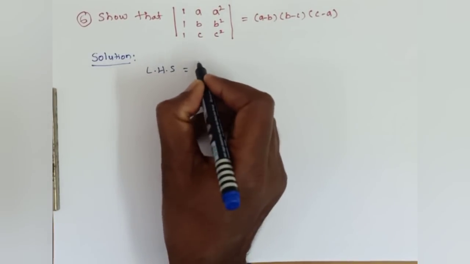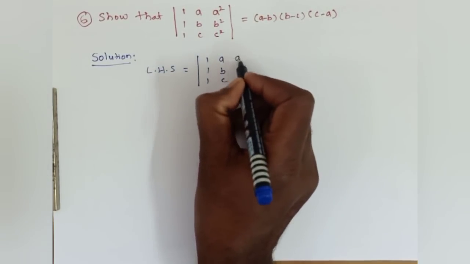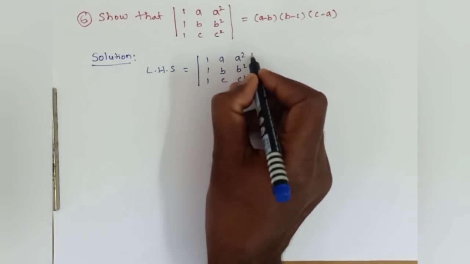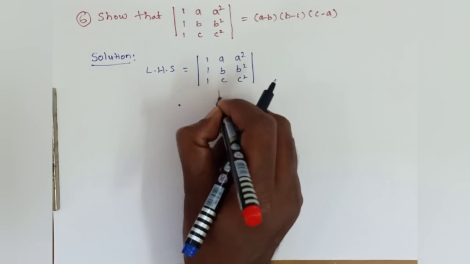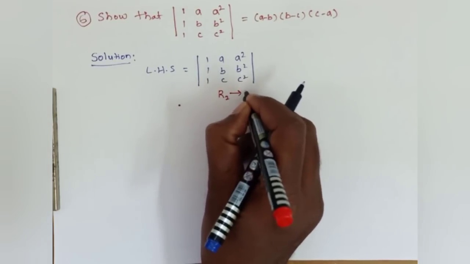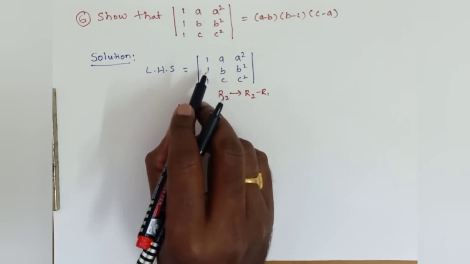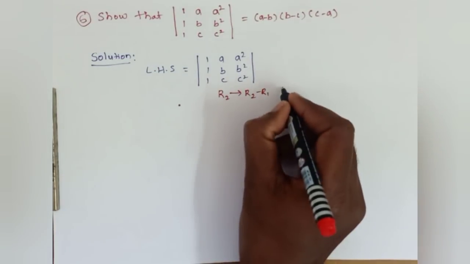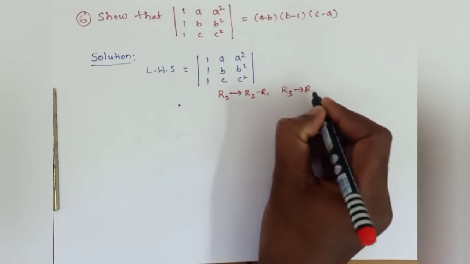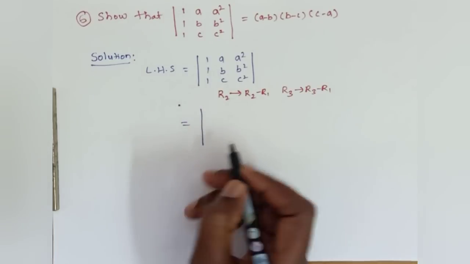First, let us consider the left-hand side of the given problem, that is the determinant with rows 1 1 1, a b c, a square b square and c square. Now I am applying two operations: R2 changes to R2 minus R1, so that this element becomes 0, and in the same way R3 changes to R3 minus R1, so that this determinant is equal to,